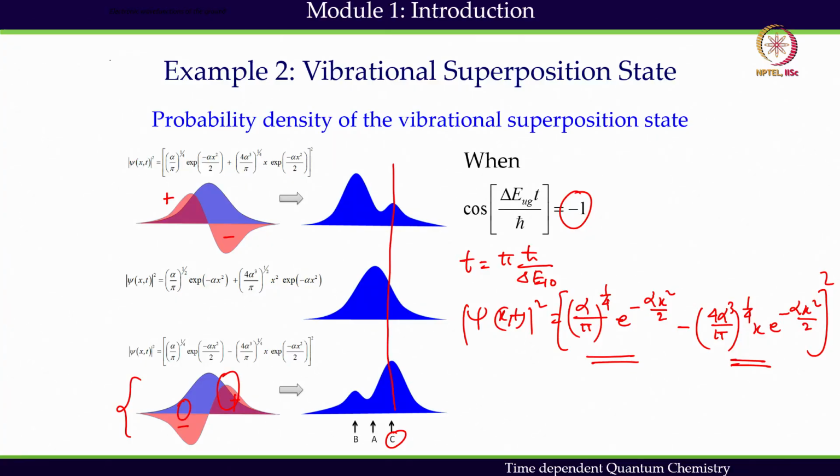But if it was staying at the V equals 0 state, that was a stationary state, there is no way we could observe this change in density or this frequency of vibration. So coherence has a beautiful effect in the experiment, and one can make use of the coherence to observe certain things which cannot be observed if it is in a stationary state.